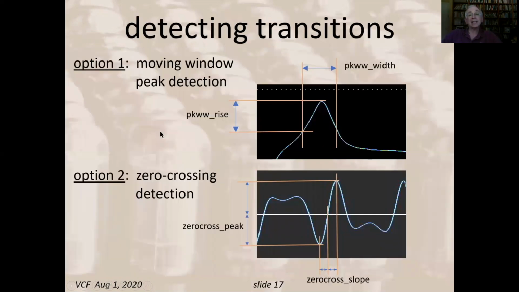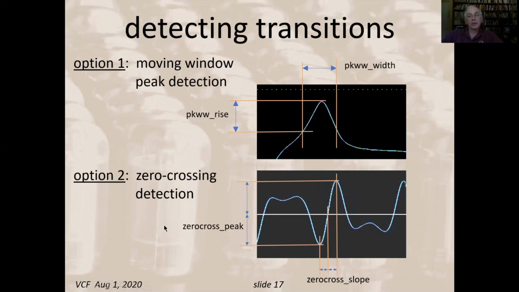So there are several things we have to do. First is obviously detect the transitions, the flux transitions on the tape. There are 2 options for doing that. One is a moving window peak detector that looks for the peaks of the signal. You can specify the width and the required peak rise. And depending on where you're tapping into the electronics of the tape drive, you may prefer to look at the differentiated version of that and look at zero crossing rather than peaks. And there you can specify things like the height of the peak before it becomes considered to be a valid